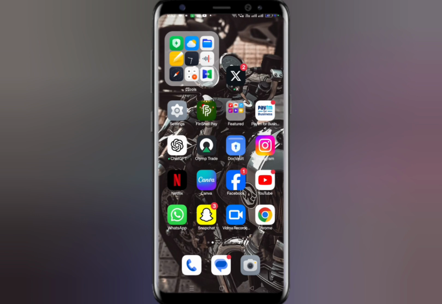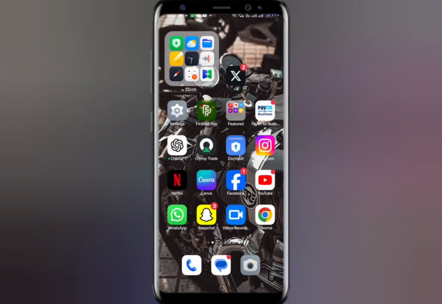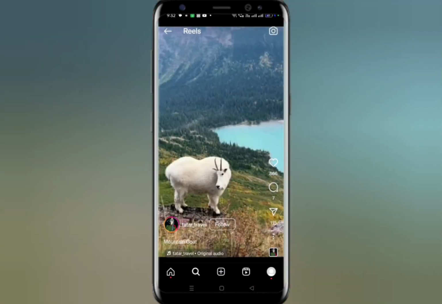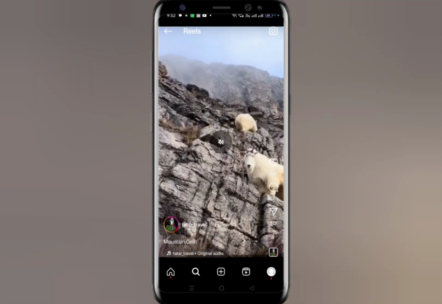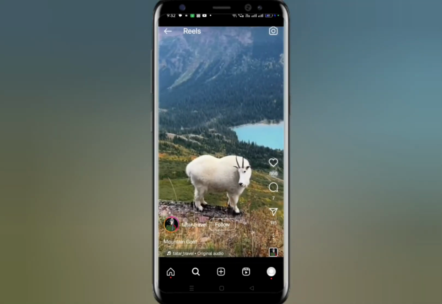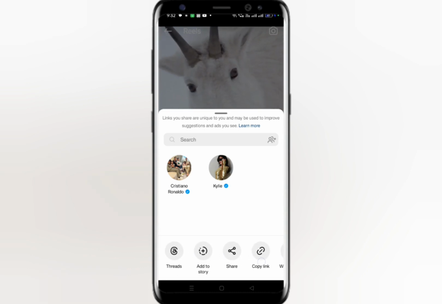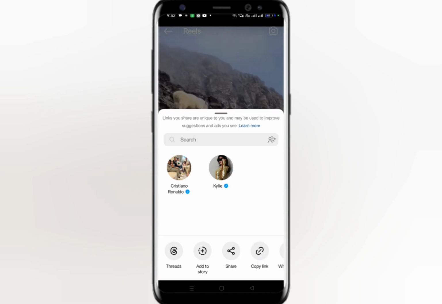So today in this video I'm going to show you how you can download Instagram Reels easily. So here, let us go to Instagram, and then for example, this is the Reels, and if we click on this share icon here, just click on it, and here you can see we don't have any option to download. In some Reels there will be an option to download, but if you don't have this option, then